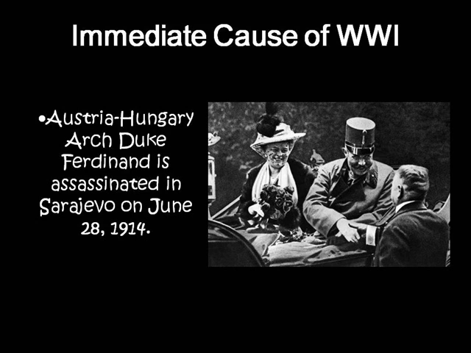It is at this point that Franz Ferdinand and Sophie agree to continue with what they had planned, and they go forward and they have this reception. But as the reception's coming to a close, Franz wants to go visit the people that were injured in the explosion. So the driver takes him there, but the driver made a wrong turn. And ironically enough, the street that he turned down was Franz Joseph Street, named after Archduke Franz Ferdinand's father. Correct, and really that one wrong turn altered the course of history forever.